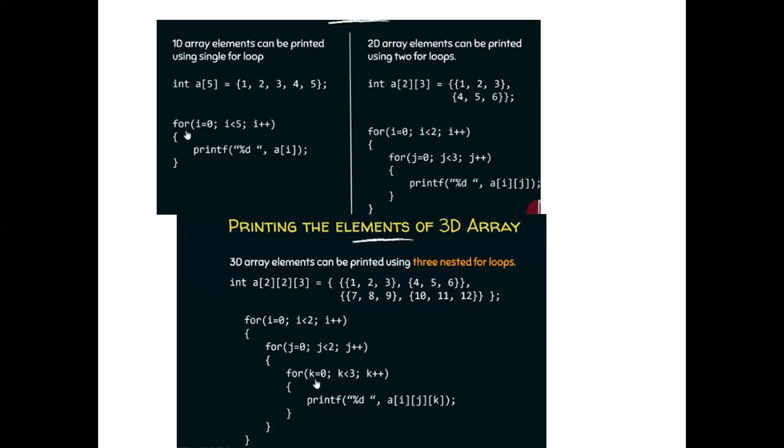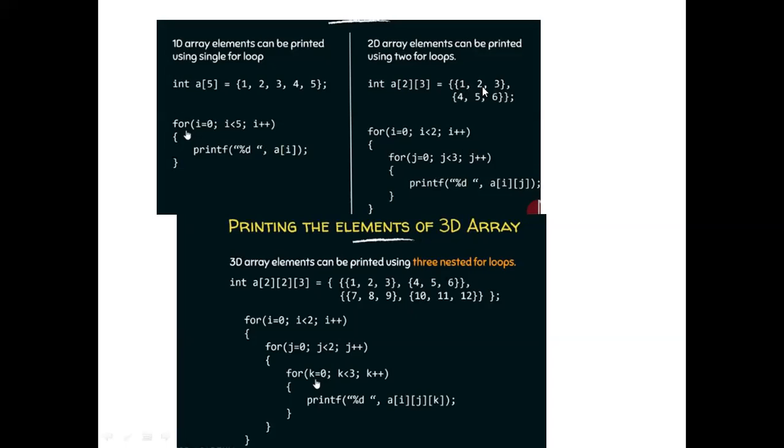All these things you can see here. In a brief explanation, I am showing the initialization of one-dimensional, two-dimensional and three-dimensional arrays. Int a of 5, I can initialize as 1 2 3 4 5, and I will be printing the values from a of 0 to 4. In the same way, for a 2D array a of 2 comma 3, if I initialize 1 2 3 and 4 5 6, where will the 1 value be stored? In a of 0 0.